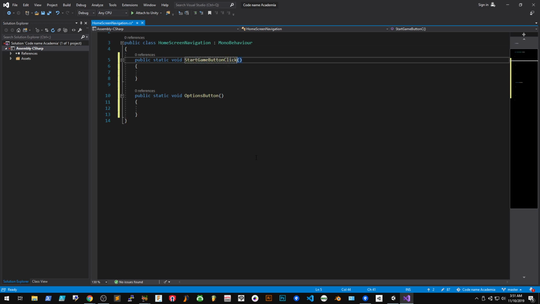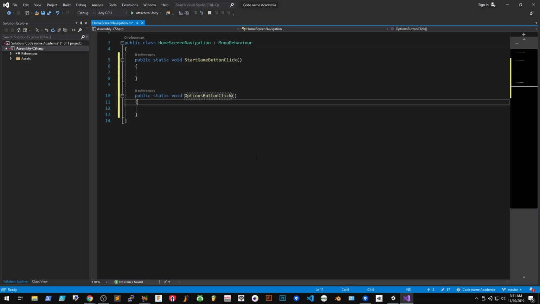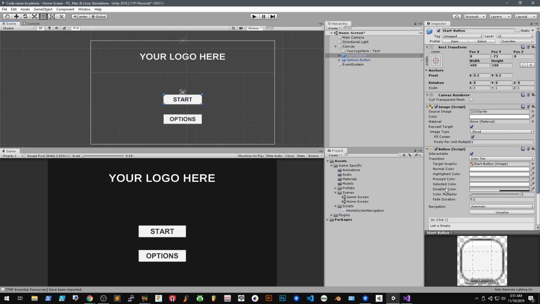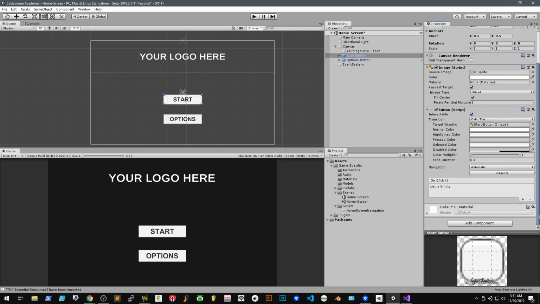I don't know. I'll put click at the end, just so it kind of defines what kind of action it is, I guess. So I'm not gonna put any code in just yet. I want to make sure I did this right. So if I click on the start button here, and I go back to that click event,